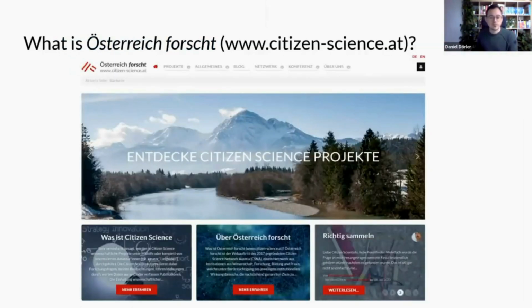Österreich forscht is a citizen science online platform where you can find a lot of citizen science projects. Currently there are 57 projects coming from all over Austria, from all kinds of institutions, also from all kinds of research fields. You can also find some general information on citizen science on the website. We have a very active citizen science blog. We just recently celebrated the 500th blog post on Österreich forscht. And we also give some information on the Citizen Science Network Austria, and of course our main